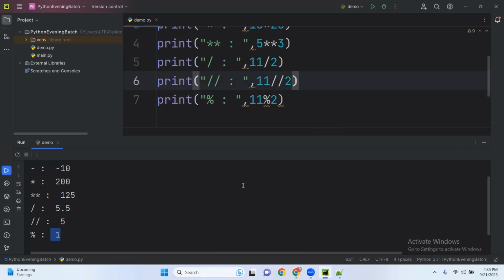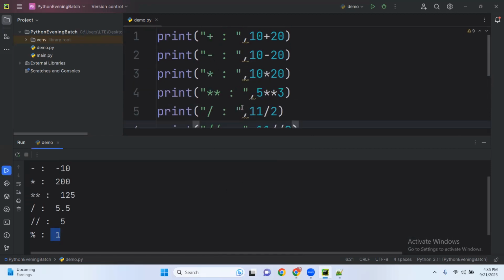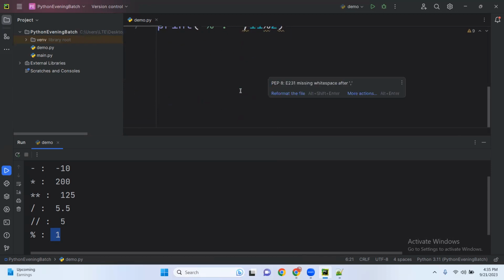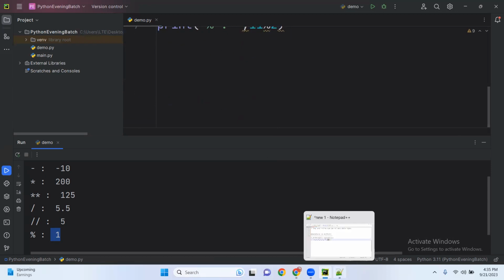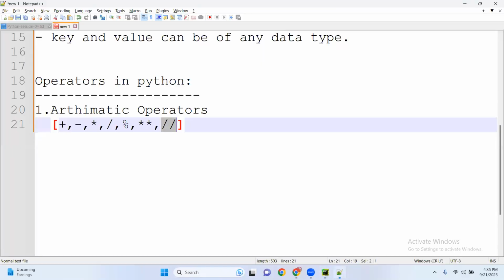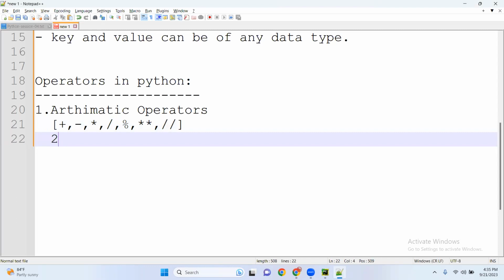Observe here, 1 is the output. Okay, so this is about arithmetic operations. Everything is covered. Plus, minus, multiplication, modulus, floor division, everything is covered. And next one,